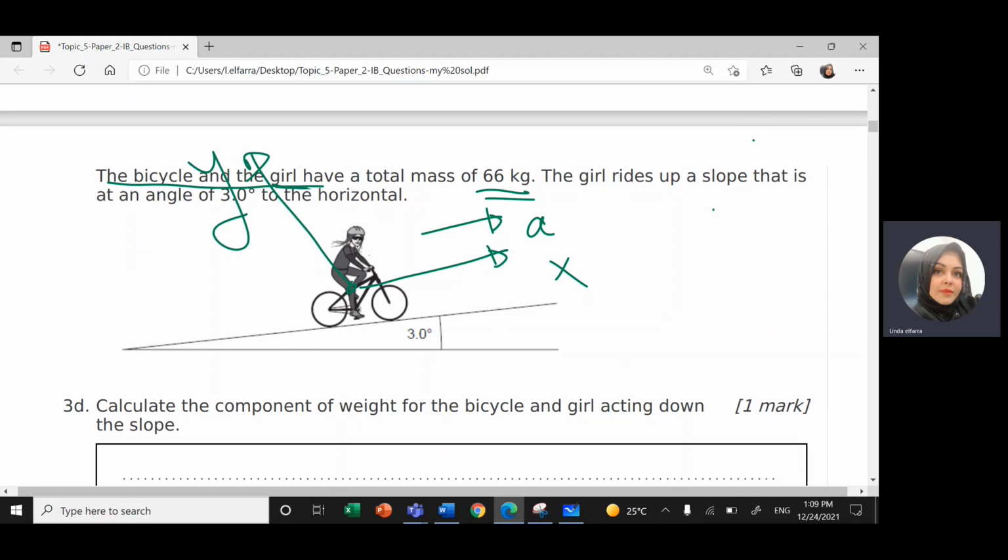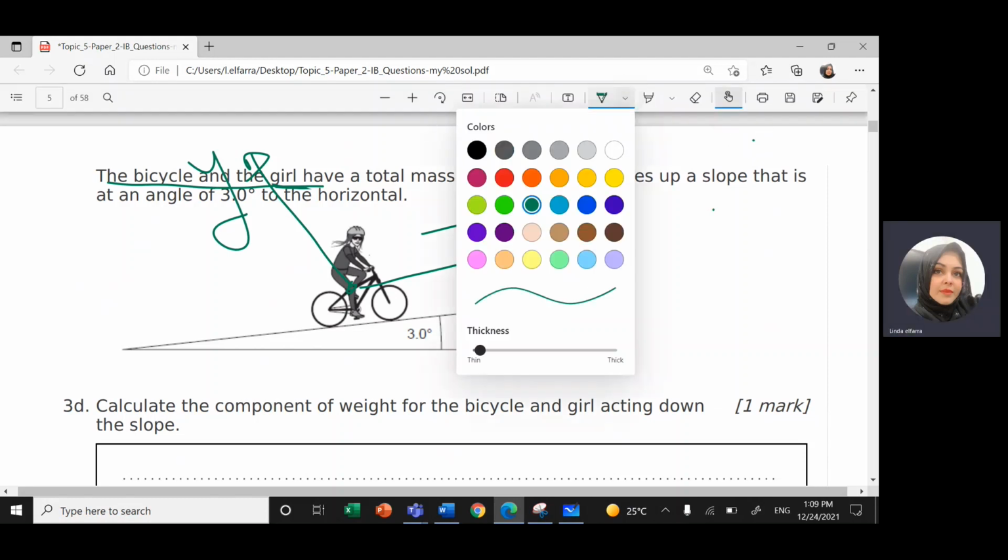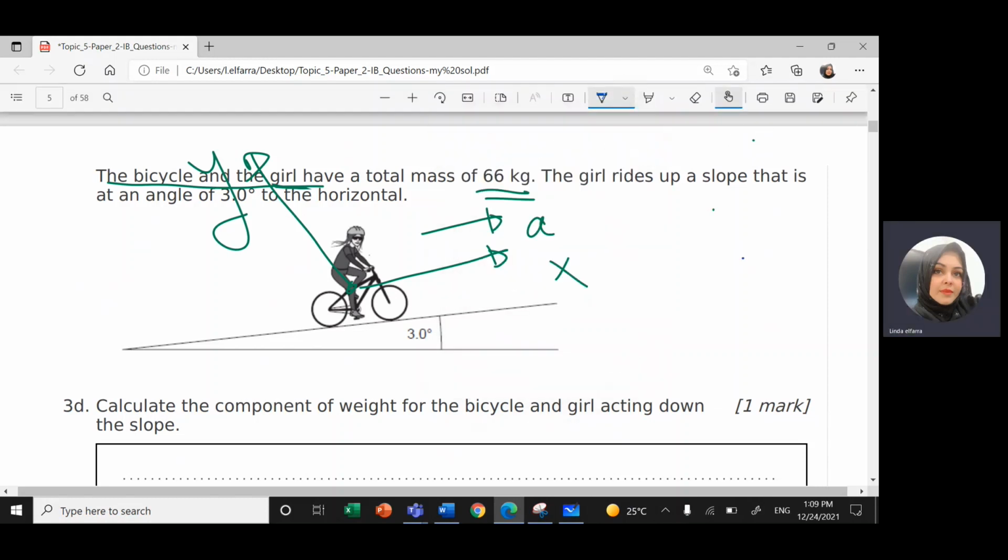So I have two forces. First force is the weight of the girl and the bicycle, and this force is down. This is Fg. And I have also a force that is opposite to the direction of motion. If the direction of motion in this direction, opposite to the direction of motion always, I will have a friction